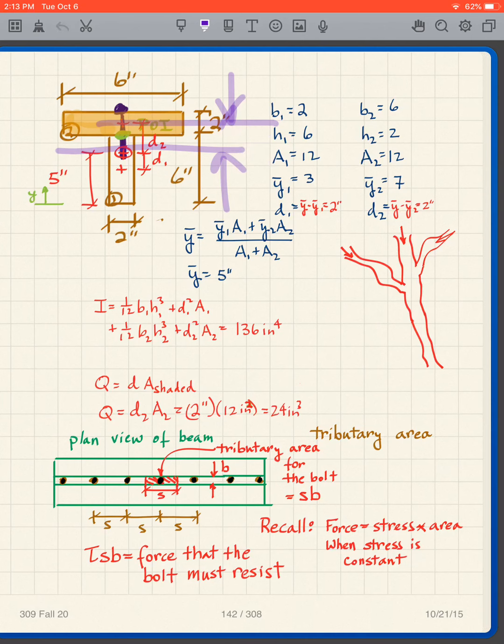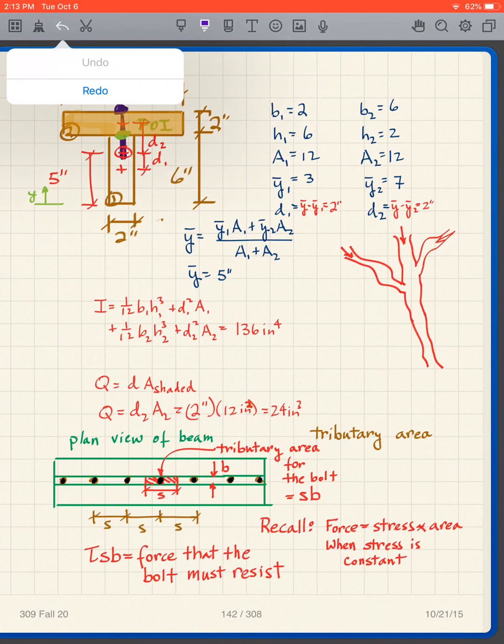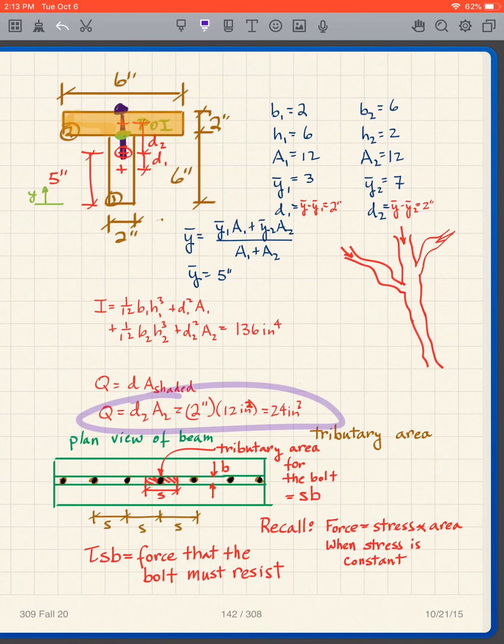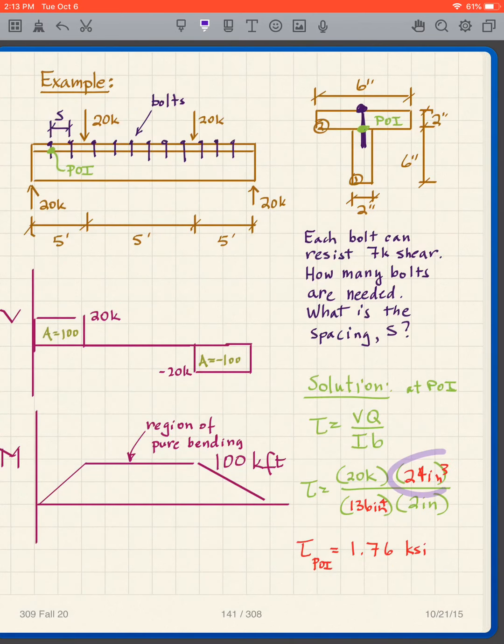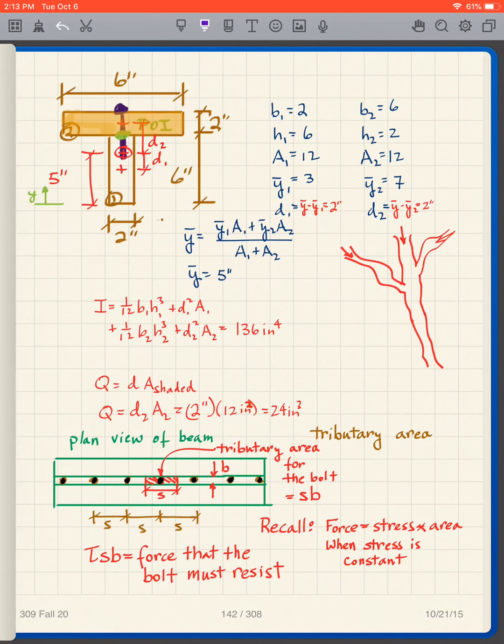So my Q is D2A2, and so that becomes 24 cubic inches. So I can put that in here, and now multiply this out, I get my tau at my point of interest, 1.76 KSI, kips per square inch. Okay, now what does that mean in terms of how many bolts I need? Well,